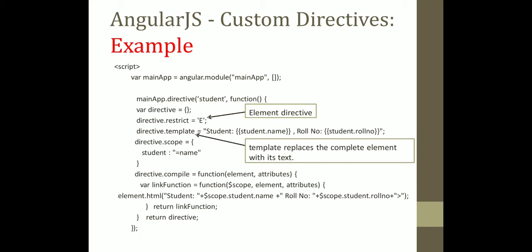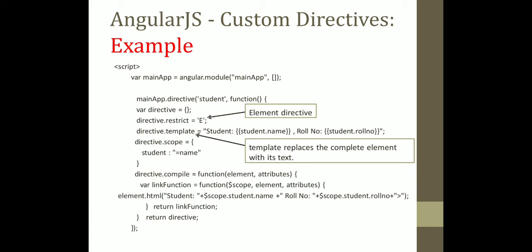Here we have created the variable linkFunction, and there also we have passed a function with three parameters, that is $scope, element and attributes. In that, element.html will have the value for which we have entered the data, that is the student name and student roll